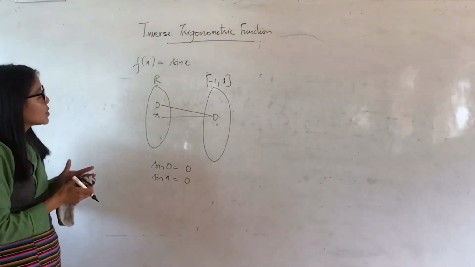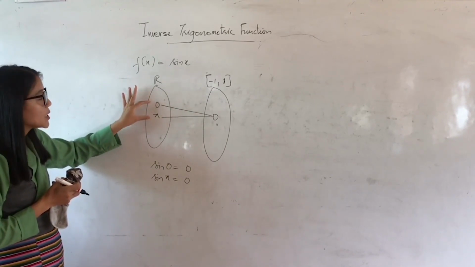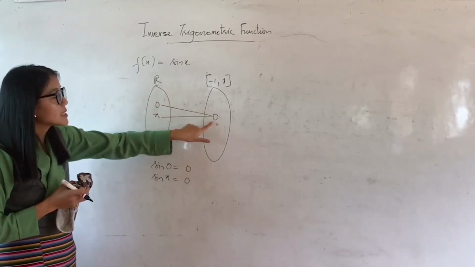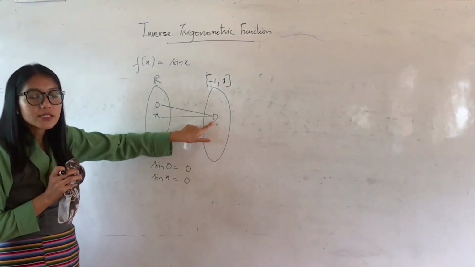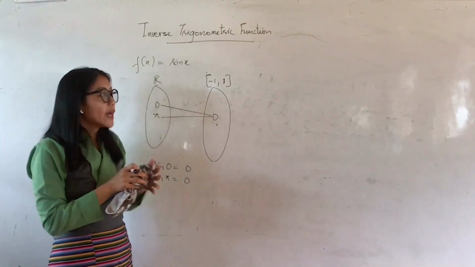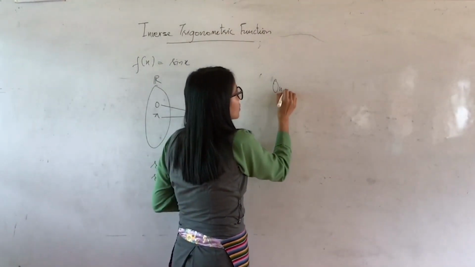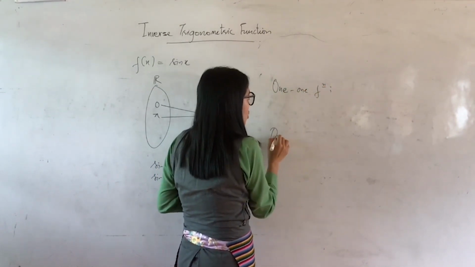Now you leave all the other real numbers. Just consider these two elements, 0 and pi. For these two elements, the image of the sine is same. It is not distinct. Then what does it contradict? Do you remember? Earlier in the first chapter, we had defined these two things, that is 1-1 function and onto function.